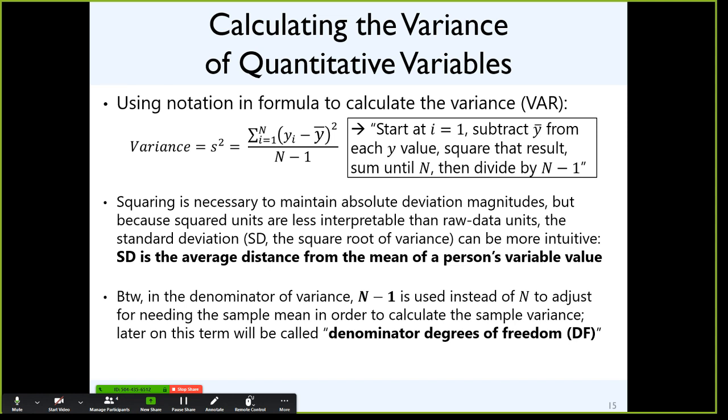So more generally, this term on the bottom is what's known as denominator degrees of freedom. It's because it's in the denominator, but degrees of freedom means how many things have you spent to be able to characterize a variable, and how many are left over. Left over is what the n minus 1 becomes right here. So the formula by which people calculate dispersion is variance, but the way that's more intuitive to talk about it is the square root.